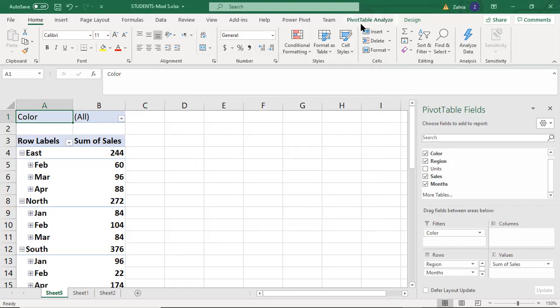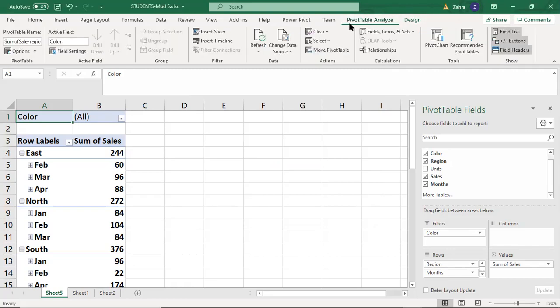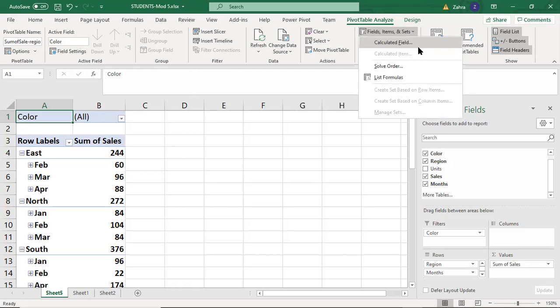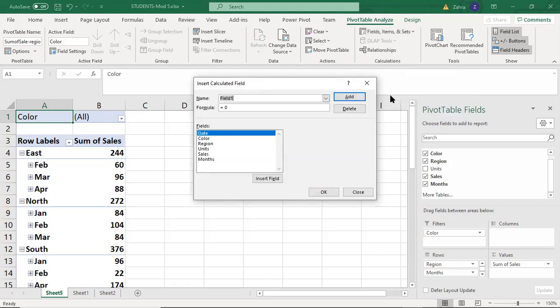or you can change the custom name, right? You have a couple of tools under this PivotTable Analyze as well. For example, you can go to Fields, Items, and Sets, and you can create a calculated field. It's kind of similar to Builder in Access. These are our fields, right? We have date, color, region, unit, sales, and month. We don't have a good one to do a calculation, but